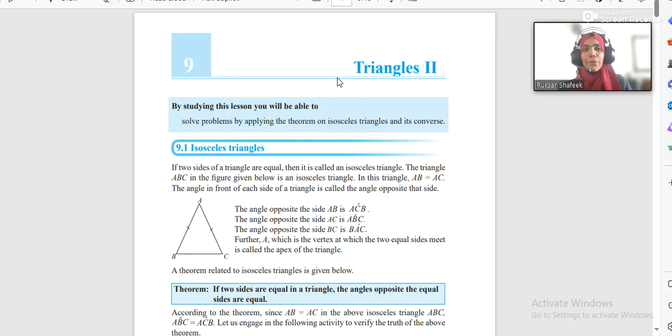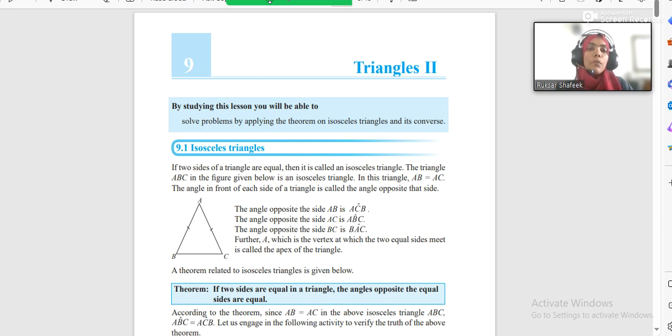Hello everyone. So here we are back again with the next chapter, chapter 9, triangles 2. In this chapter we are mainly focusing on isosceles triangles. So when it comes to triangles based on the sides, we can divide them into three parts. One of them is the equilateral, and then we have the scalene triangle and the isosceles